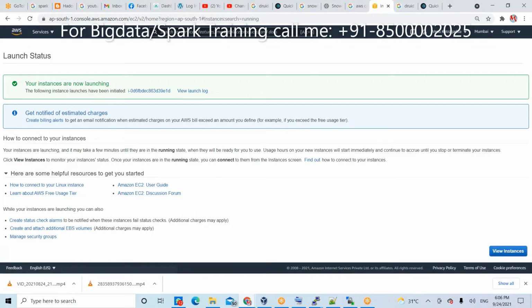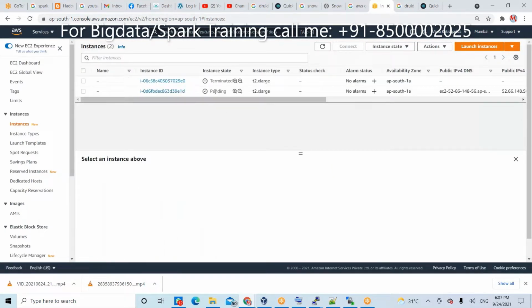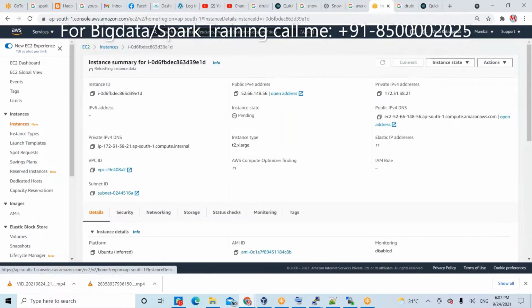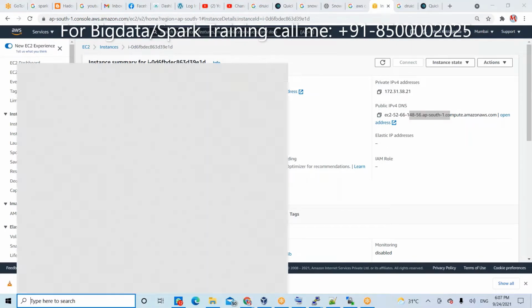It will take a few seconds at most. Just wait, it is still creating. Maybe it is pending. Click this one. If you want to connect, choose the public DNS. Now to connect, open PuTTY.